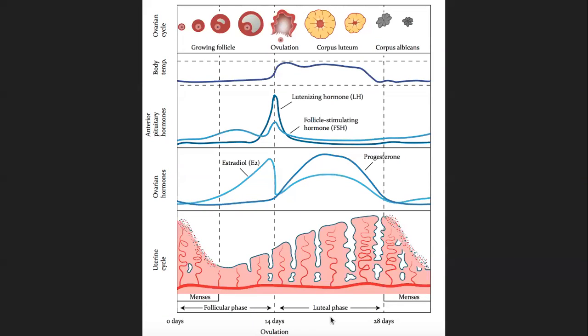After release, these cells will form a corpus luteum, that is in the luteal phase, and then at the end it will form the corpus albicans. Now if there is corpus albicans formation, usually it starts somewhere around the 27th or 28th day, and if there is no progesterone, then obviously the female will enter into the menses, otherwise it will continue with the pregnancy.